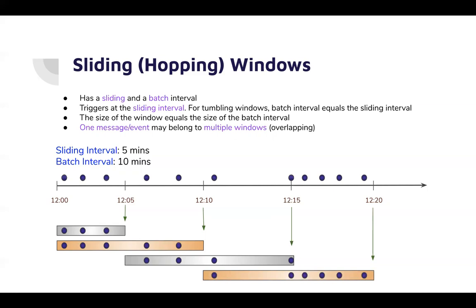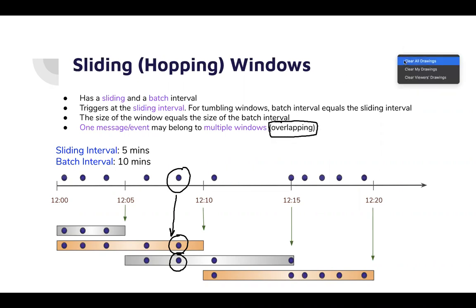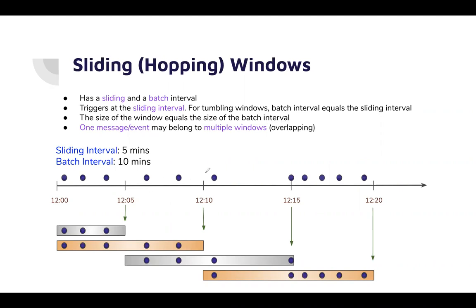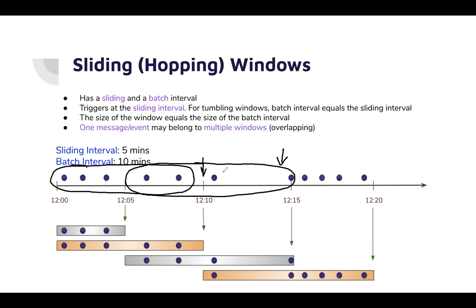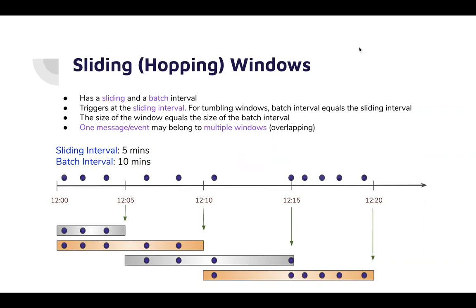So you can very well see that one event can belong to multiple windows. So let's say this is one event. This is belonging to windows 1 and 2. So here there is an overlap when it comes to message processing. At every 5 minutes here, you can decide based on the data of the last 10 minutes. Here again, you can decide based on the data of the last 10 minutes. So you can run your processing. So there are two independent intervals: one is the batch interval and one is the sliding interval happening over here.